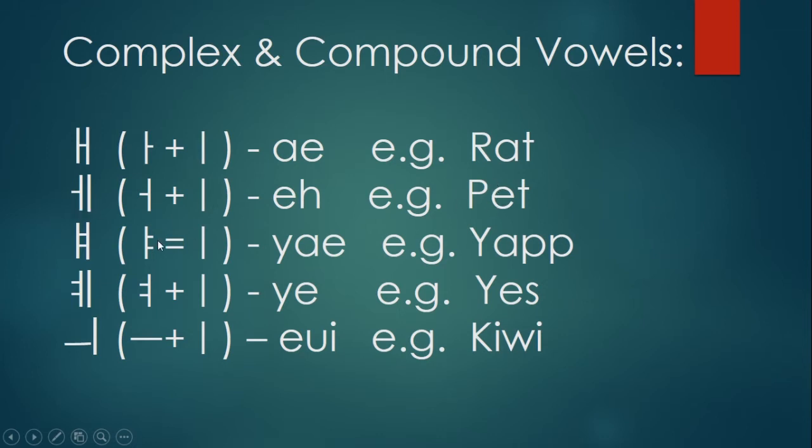like in bed. Yay. Okay, I hope you remember that a double stroke means Y. So this is yay, like in yep. Yay, like in yes. Ui,